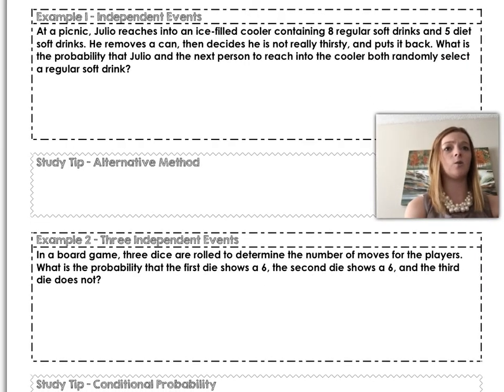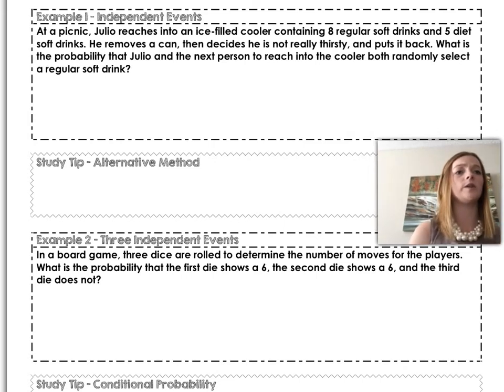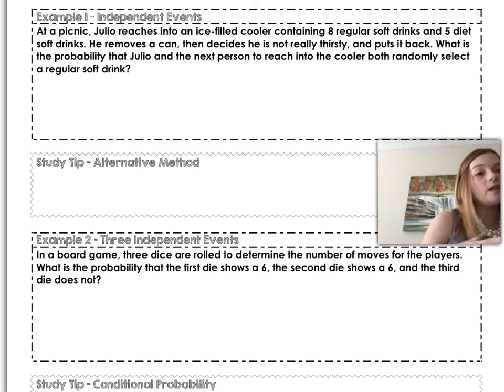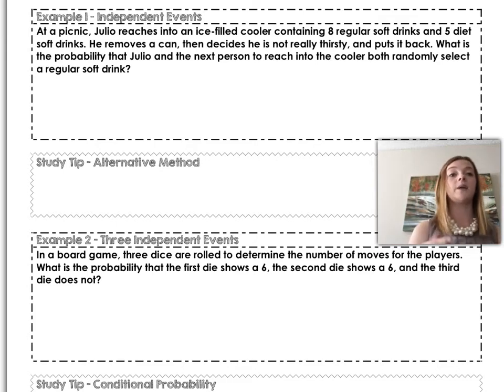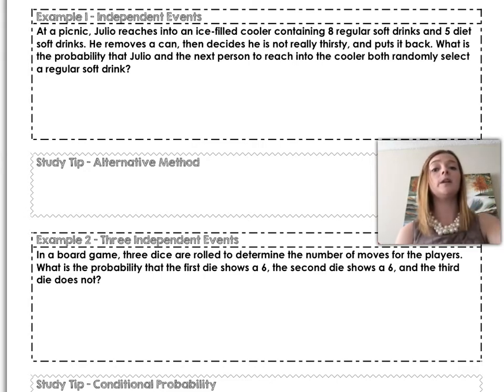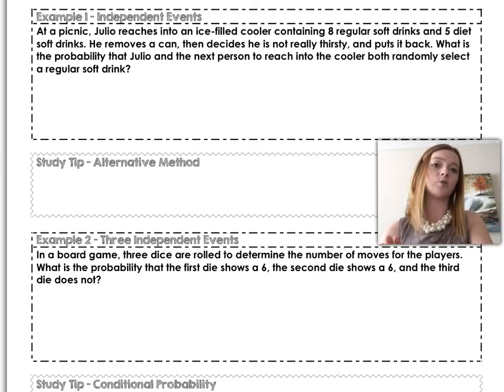At a picnic, Julio reaches into an ice-filled cooler containing 8 regular soft drinks and 5 diet soft drinks. He removes a can. Then he decides he's really not that thirsty, so he puts it back, okay? What is the probability that Julio and the next person to reach into the cooler both randomly select a regular soft drink, okay? So I'm really looking here at 2 probabilities, or 2 events,